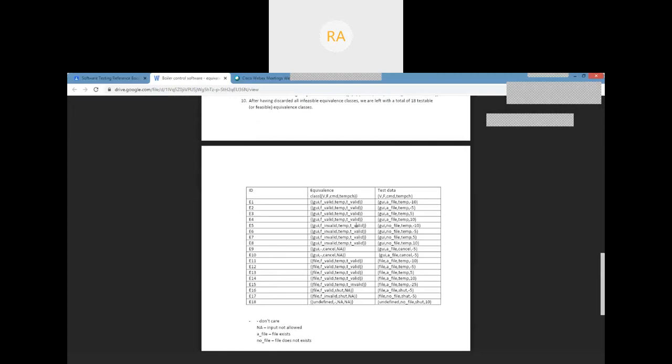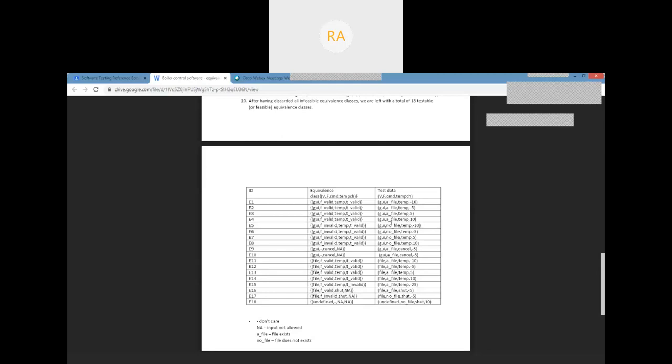I'll just take up one equivalence class and explain why it is feasible. Let me take one from this set, E1 to E4. E4 I will take. What is changing here? Nothing is changing. V is set to GUI, the environment variable is set to GUI and the F value is set to F valid. The command is temp, the temperature change. The value that I am entering is valid, that is, I am taking from either -10, -5, 5, 10. Either one of the values I am entering over here. I can generate such a combination.